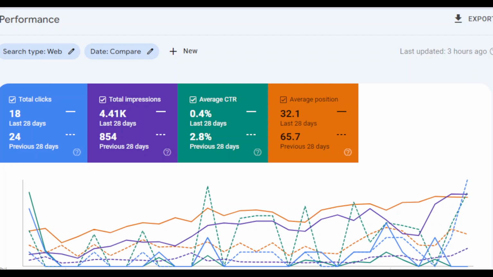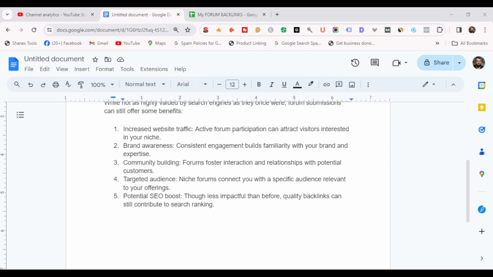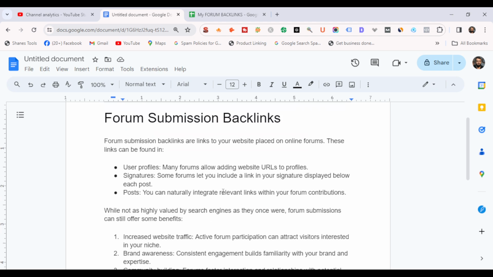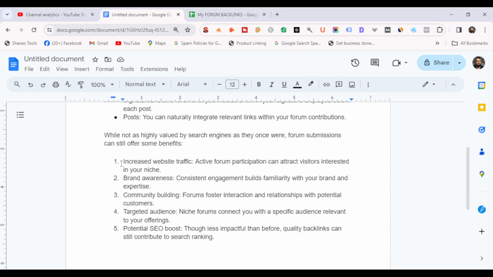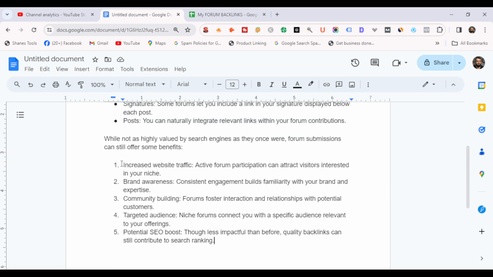Now, this is a point which I personally tested. I'm again going to walk you through all these benefits which you can get by actively participating in forum submission. So basically, when you go to an online community, create a profile, and become an active user on that community, just like on Facebook,